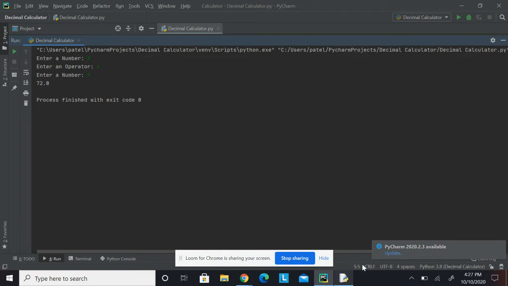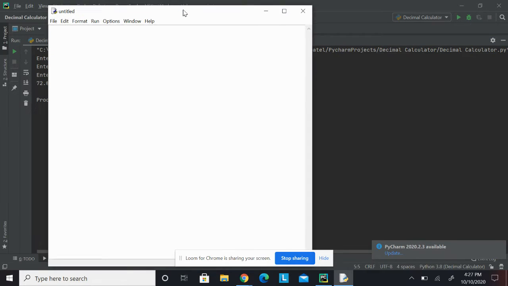Alright, so now we're going to write the code. I'm going to write it in the Python IDLE just to make it simple, but I suggest using PyCharm. So first we're going to define a variable called num1 and set it to the input of the user, and say enter a number. And then we can say num2 and set that to the input of the user, and again say enter